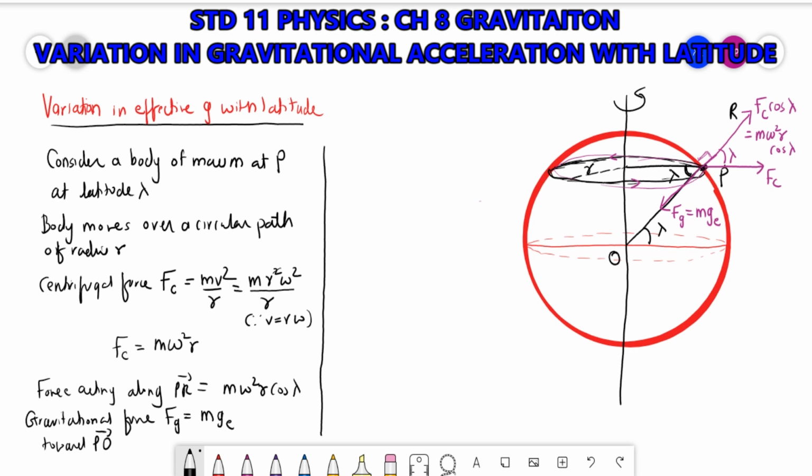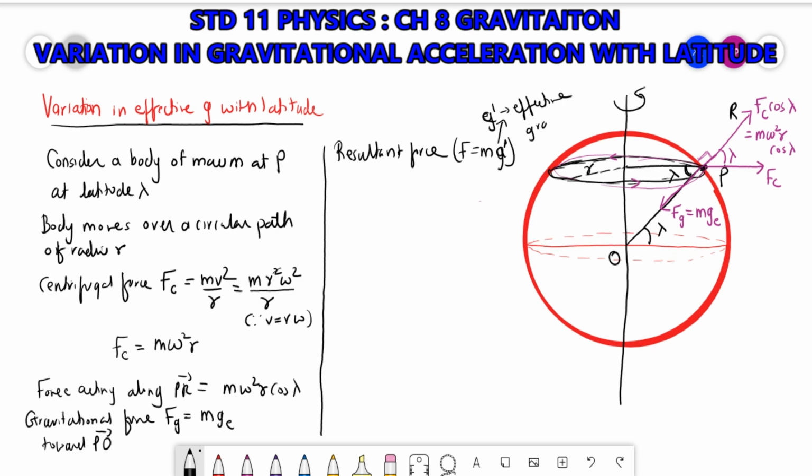So I will write down the resultant force, that will be equal to ma. I can write down resultant force F, that is equal to mass into acceleration, right? That will be equal to mass into acceleration, or else I can write it as mg dash, where g dash will be the effective gravitational acceleration. Okay, I can write down what is g dash: